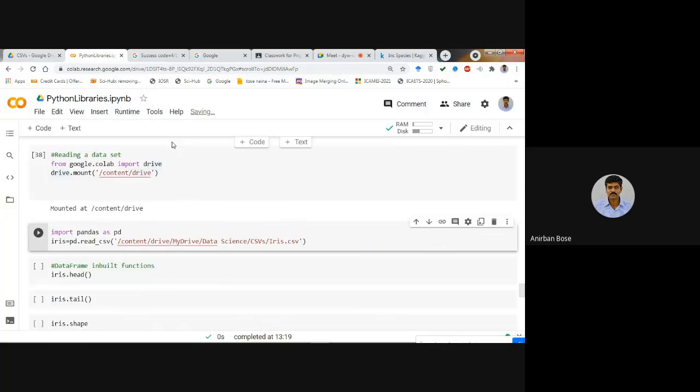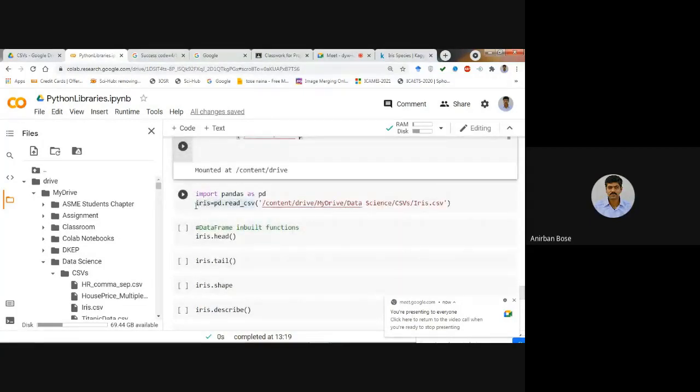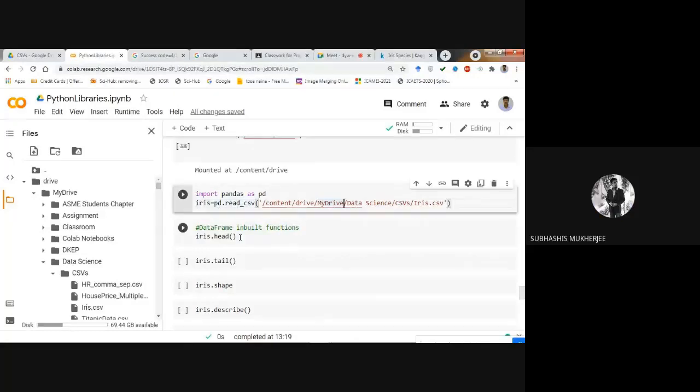Do these steps. Okay, sir. After loading this particular CSV, suppose you want to print the first few lines. If you want to see the first few data, there may be a large amount of data, maybe 1000 lines, 5000 lines.